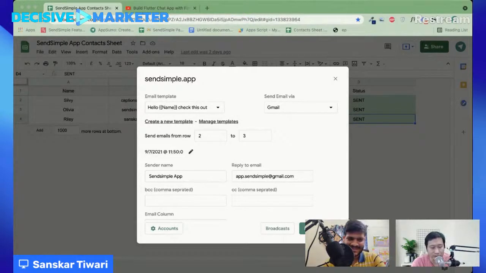Is SendSimple free or something? Because right now their pricing is like $476 on AppSumo. I'm not sure, let me take a look. You can only review after you have bought it, so buying it in the first place is $476.